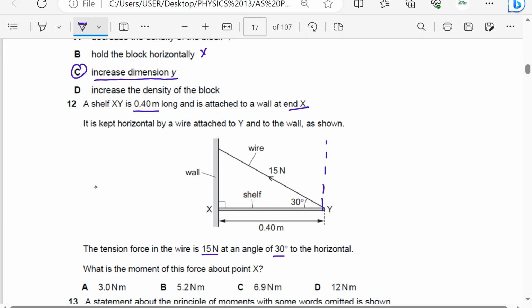vertically upwards. And if I use 30 degrees, resolving 15 newtons vertically upwards, that will be 15 sine 30. And I want the moment of 15 sine 30 about point X. So 15 sine 30,